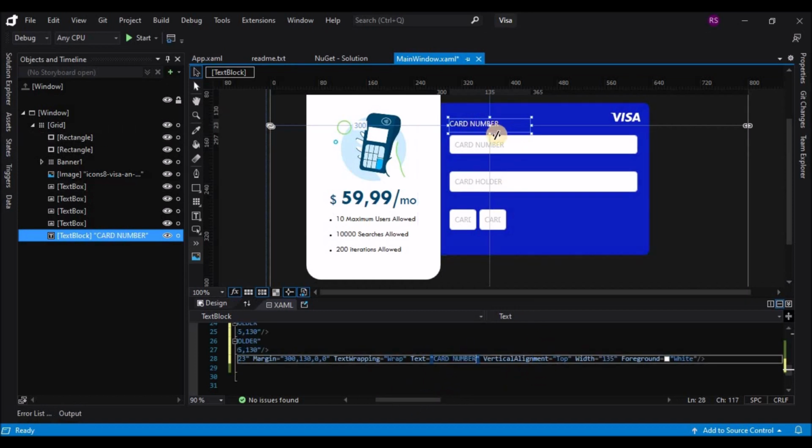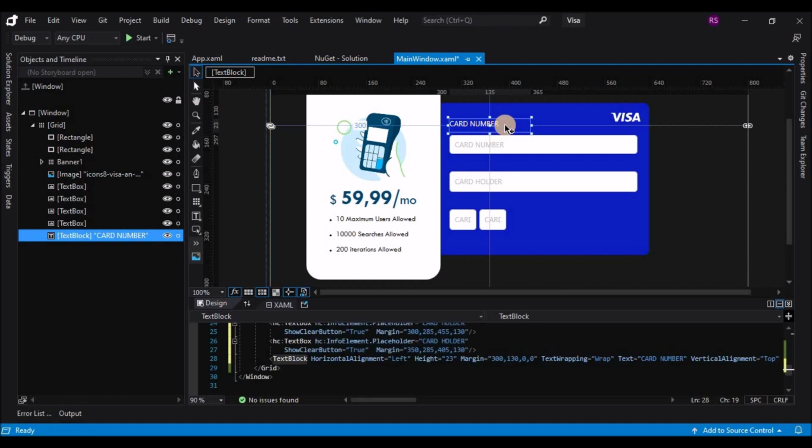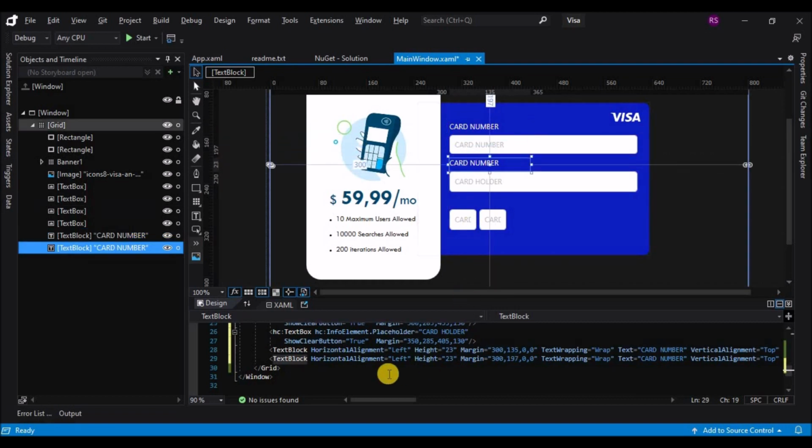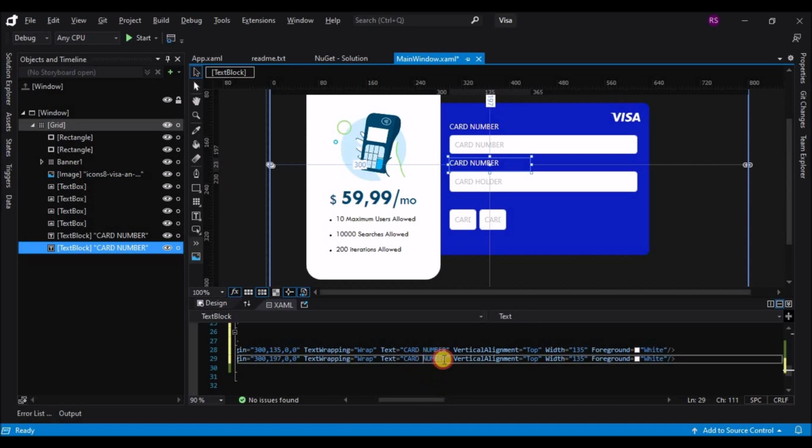Okay, so all we have to do now is make copies of this text block that we created and change the text. Make one more copy.